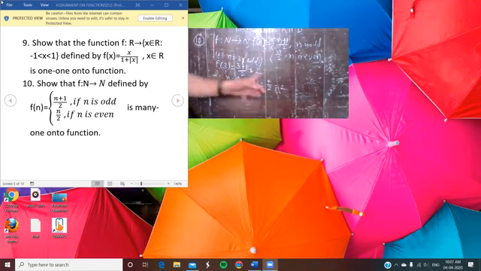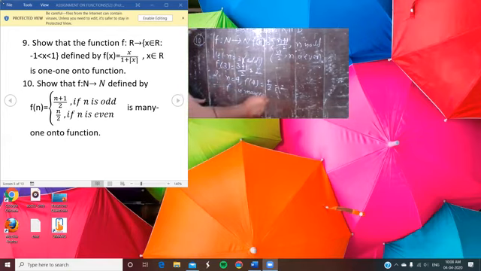So what you have here, for the distinct elements in the domain, n is equal to 3 and n is equal to 4, the values of the function are the same, that is 2. So you can say that f is not a 1-1 function. So no doubt it is a many-one function. So write it: f is many-one.